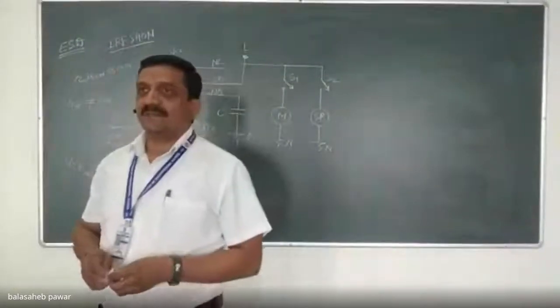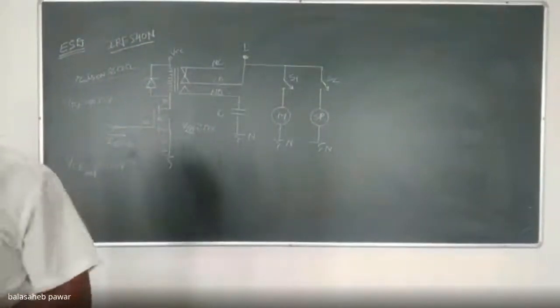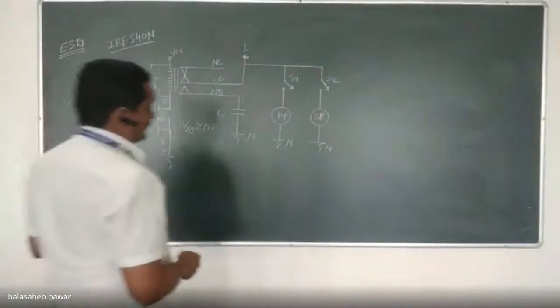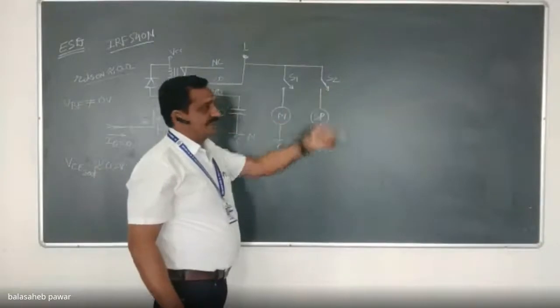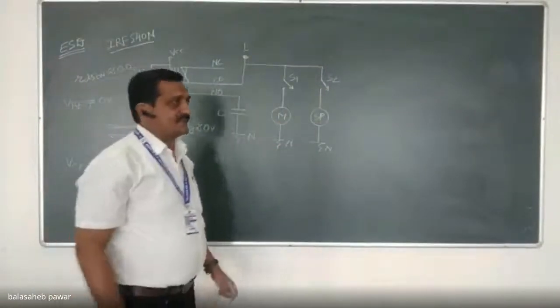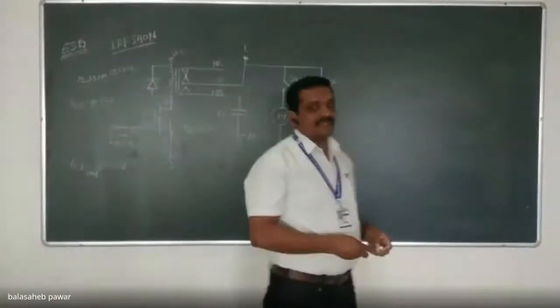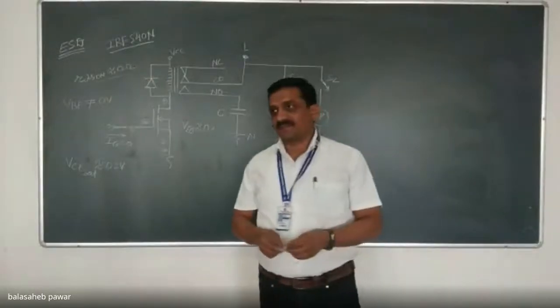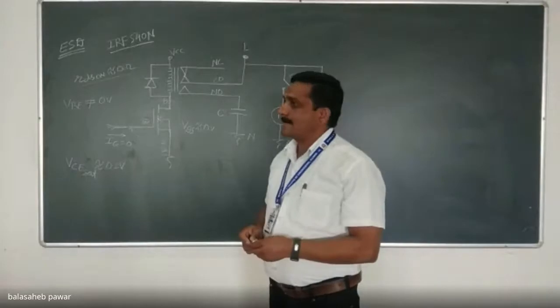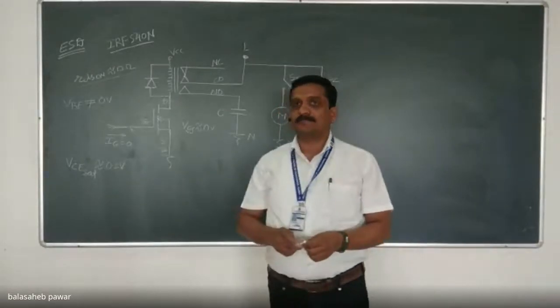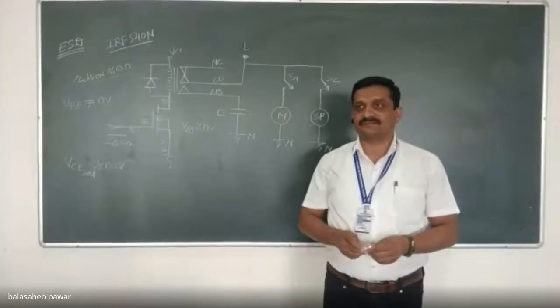If the microcontroller decides to turn on the pump from the tube well, that is the submersible pump, then this second switch S2 should get operated. So there will be a total of 3 switches, and all 3 should be MOSFET based. Is it clear now? Is it okay? Yes, sir. Okay.